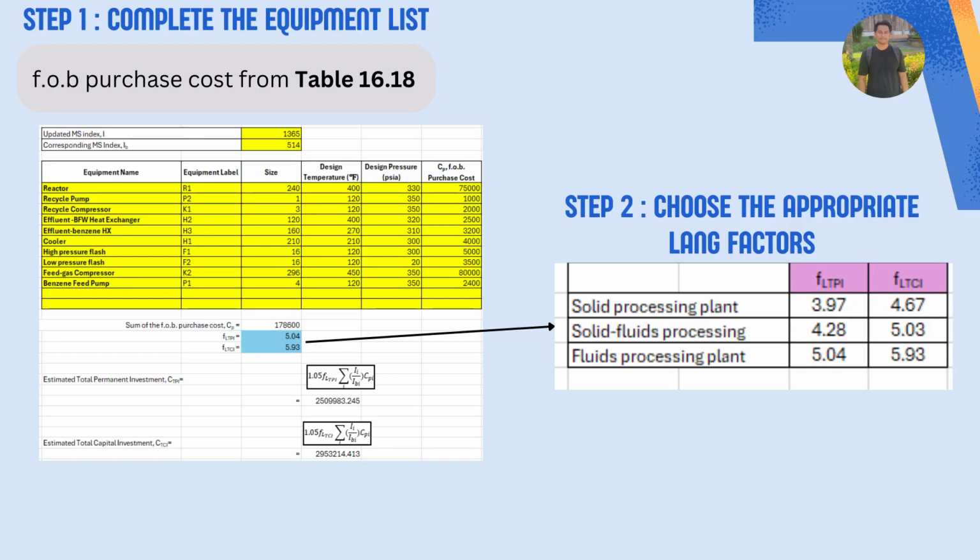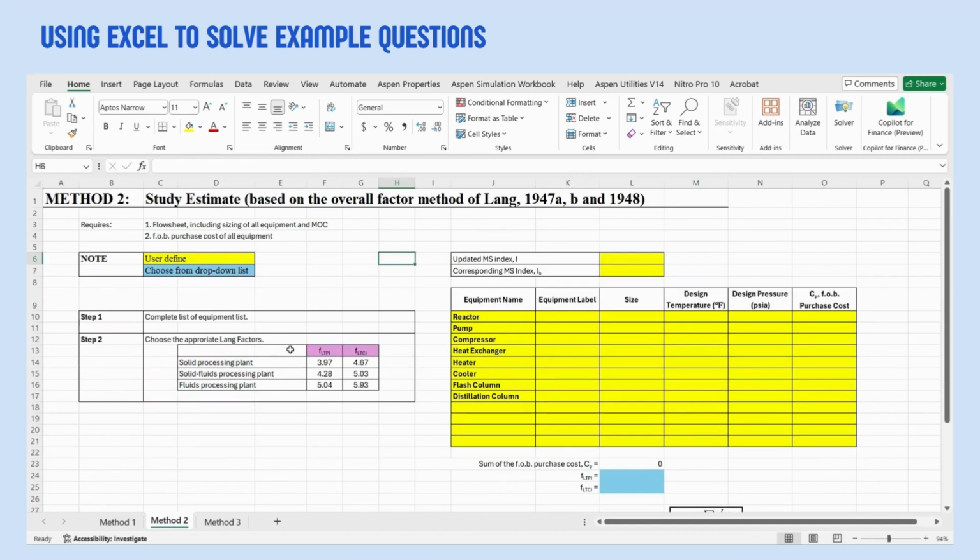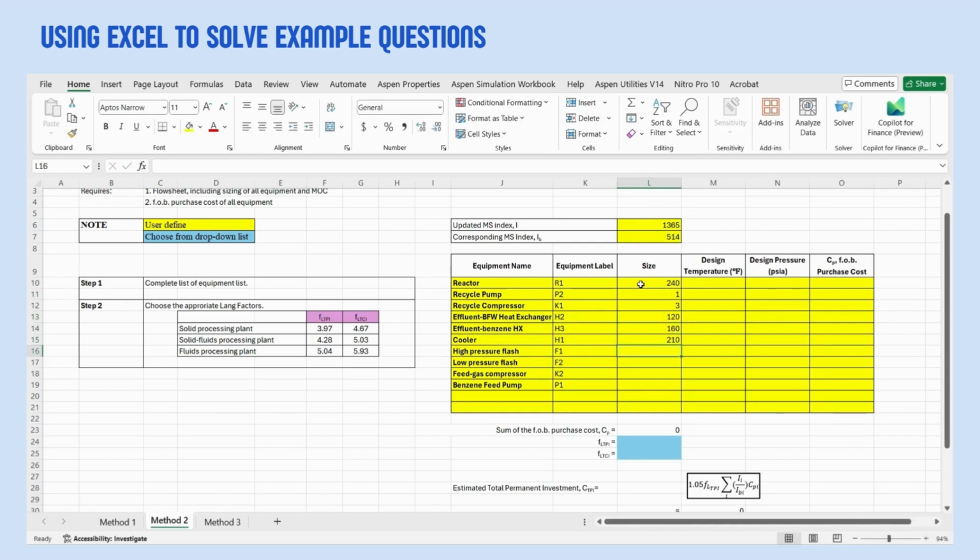For this method, it just consists of two steps. For the first step, complete the equipment list, and for the second step, choose the appropriate lang factors. For the first step, we need to complete the equipment name, equipment label, size, design temperature in Fahrenheit, design pressure in psig, and also CP, the FOB purchase cost. Here we refer to the textbook, Table 16.18. And the CP FOB purchase cost here refers to the corresponding MS index of 540,